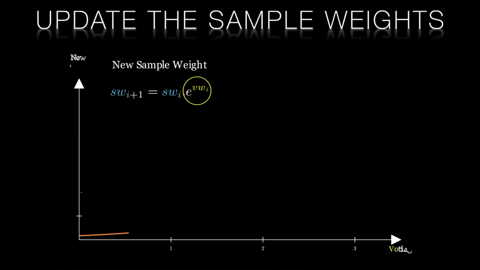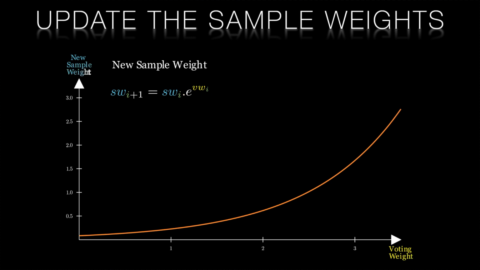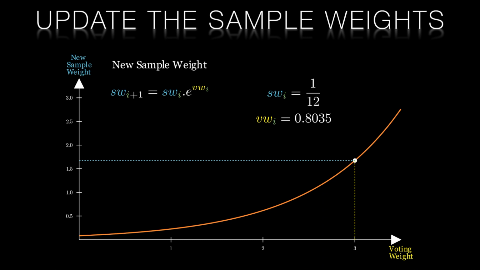We will modify the sample weights using the formula on the screen. This means that the new sample weight is equal to the old sample weight multiplied by e raised to the power of the stump's voting weight. The orange chart shows how a sample weight of 1/12 would be modified by a range of voting weights. In this non-linear relationship, the higher the voting weight of the prior stump, the higher the new sample weight will be. For our samples, the new sample weight will more than double from the original 0.0833 to